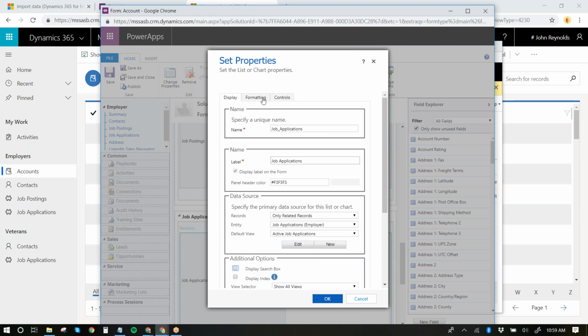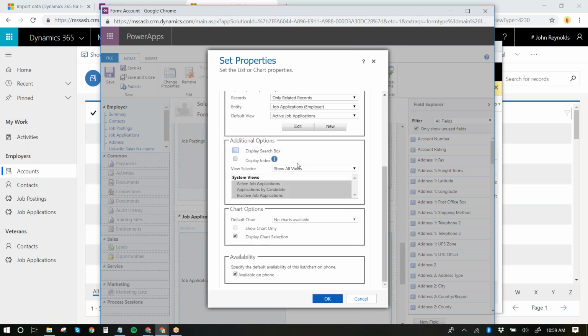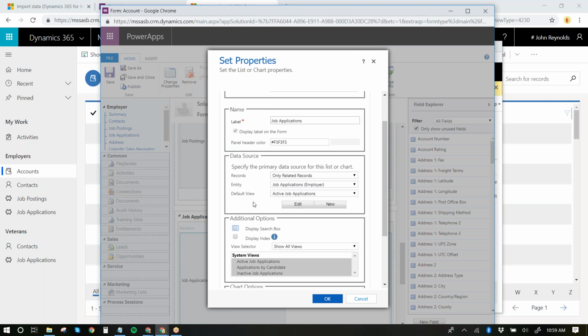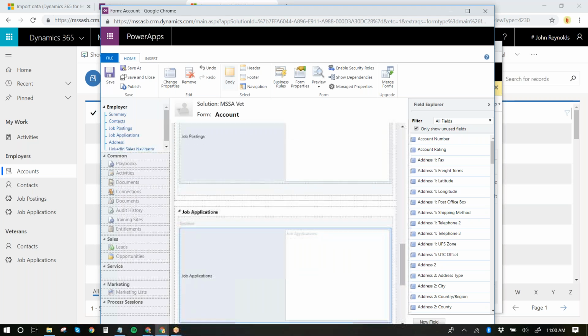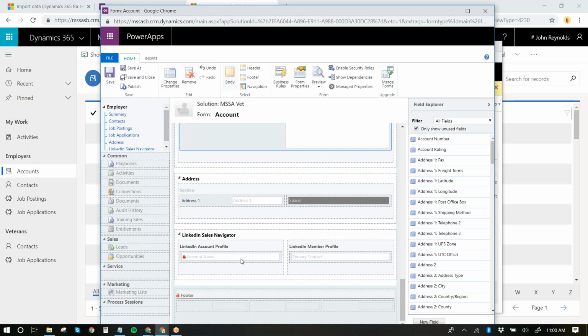Okay. Well, there's all kinds of. The default view. The default view is that if you wanted a particular different view, oh, right. Select the default view. Yeah. Active job applications, okay. Inactive, active job applications. Yeah. I think that's what you want. Well, that's the default view, the right one. Anyway, I kind of forgot where I was going with this, but